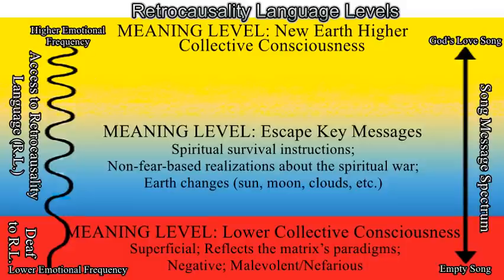Now, on an absolute level, as you get higher up in the chart, it'll tell you there is no spiritual war, because the spiritual war has already been won. And all winning the spiritual war is just returning to a higher state of consciousness. But that's only once you get up to the New Earth, higher collective consciousness level. And I'll get to that in a little bit, but the escape key meaning level will not only tell you